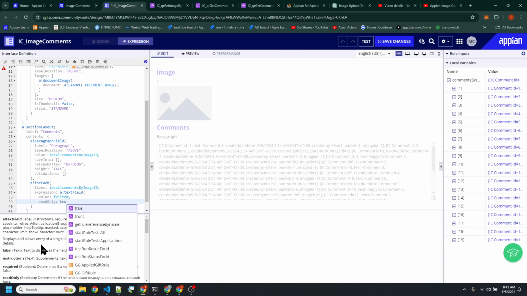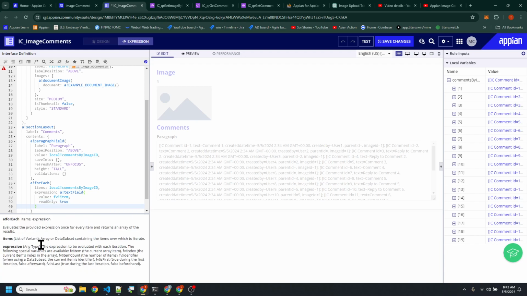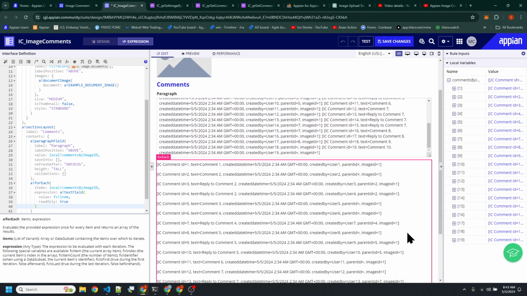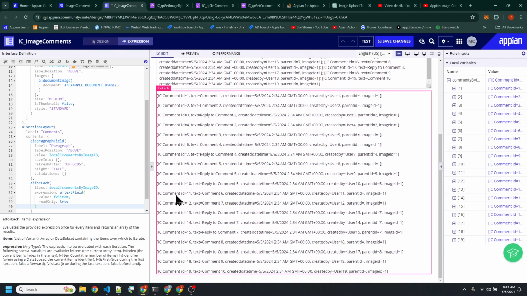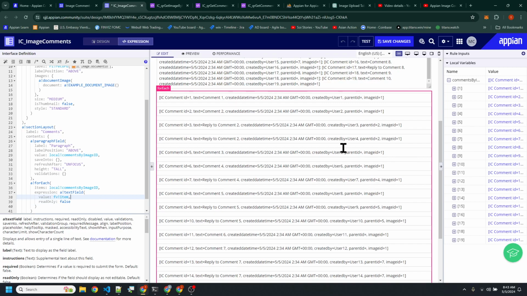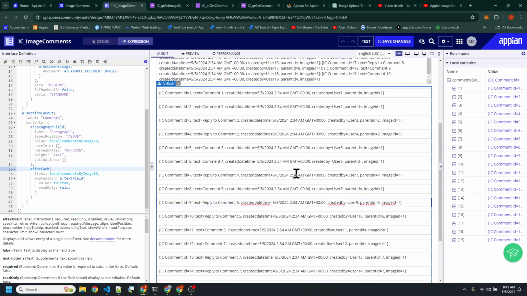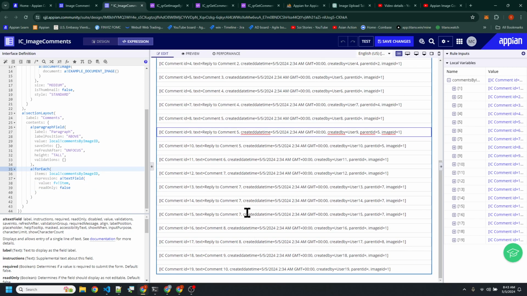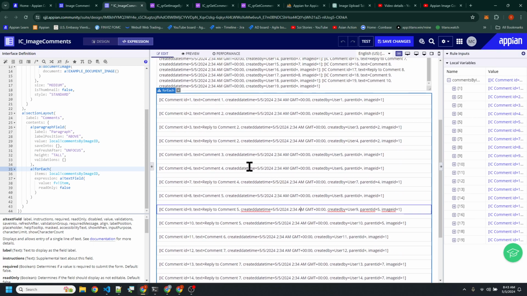True, and then close it off. So now you get each individual line here. But if you turn read only to false, each one of these is on its own line here, right? So you don't really want this, because all you want is the text.